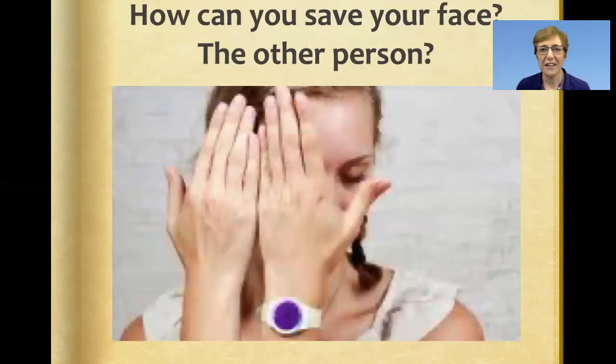Now, how can you save your face and the other person's face in a conflict? Well, I find that if I'm able to try to protect and save the other person's face, they're more likely to reciprocate. So if I say to somebody, look, I know that you didn't do that on purpose, or I know you were doing your best, that will help to relieve some of the tension, and then sometimes they will be more likely to want to acknowledge what's going on for me. So that would be how I would answer this question. You might have some other ways that you could save face, that you could share in the discussion section.